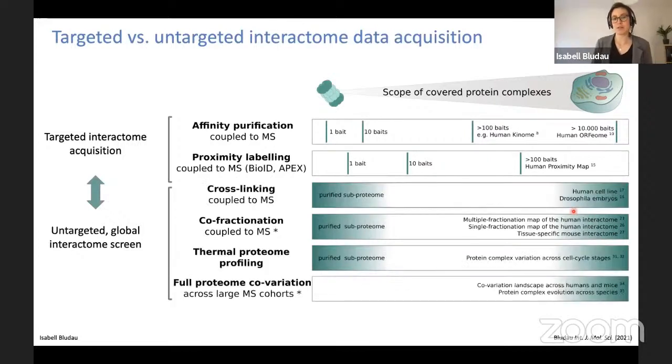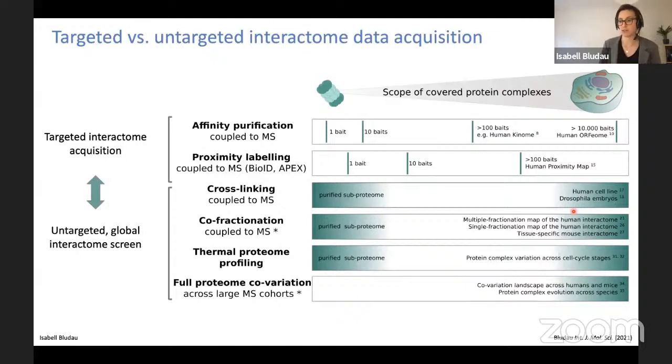On top of co-fractionation MS, there are also other strategies to look at the interactome from a global untargeted perspective. One is, for example, cross-linking of whole cell lysates, which can be done. Another option is to do thermal proteome profiling, or TPP. In TPP, you basically look at protein denaturation curves across increasing temperatures, and what you would expect that proteins that